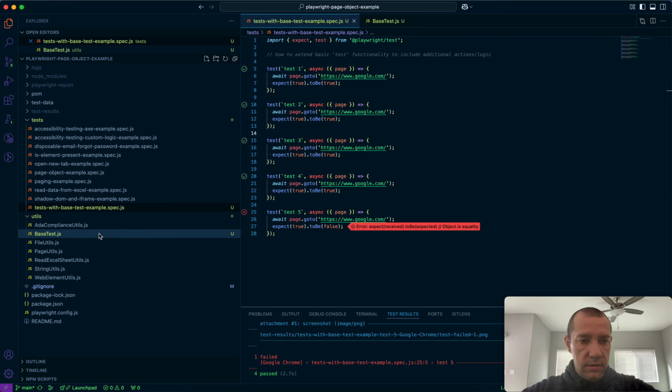Basically you should create some base test JS file. It can be TypeScript, doesn't really matter. So in my example, name can be also different from base test, but for readability I'll keep it as everyone calls it. So base test, I put it in my utils folder in my Playwright project,